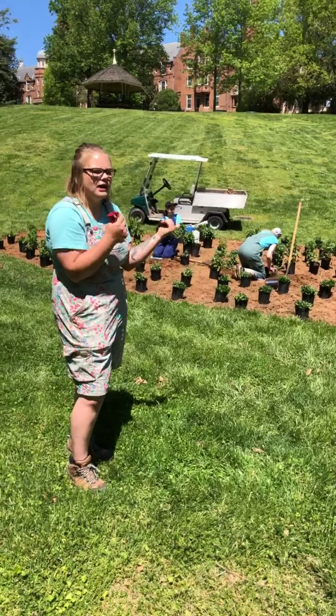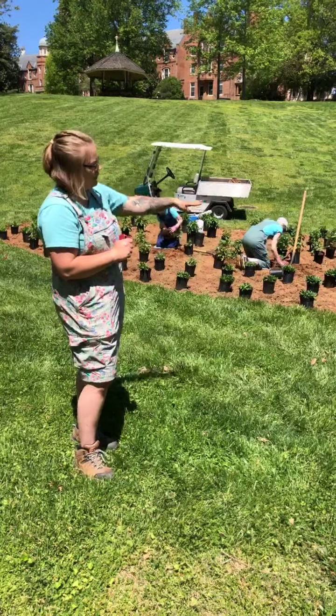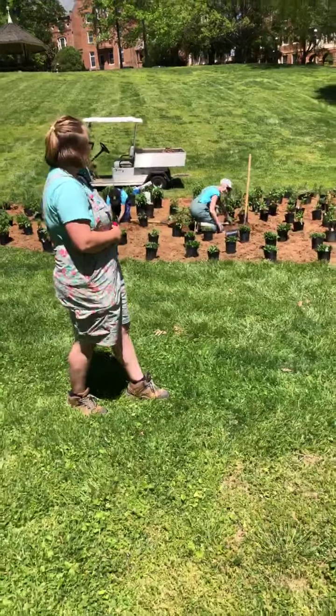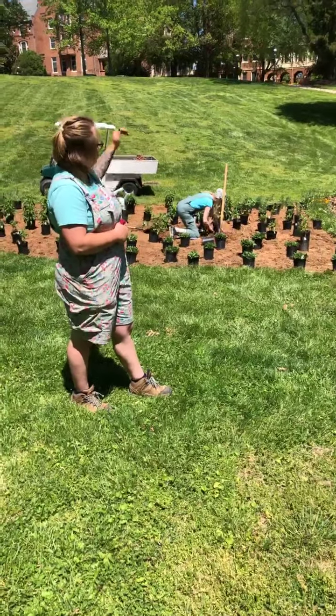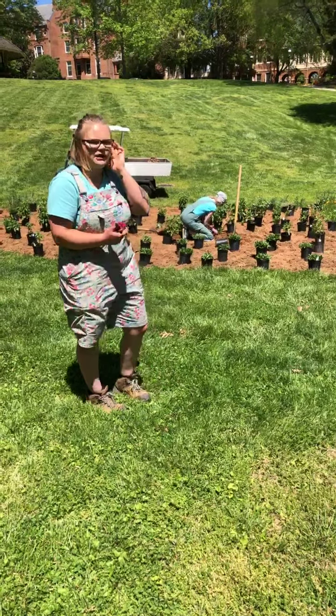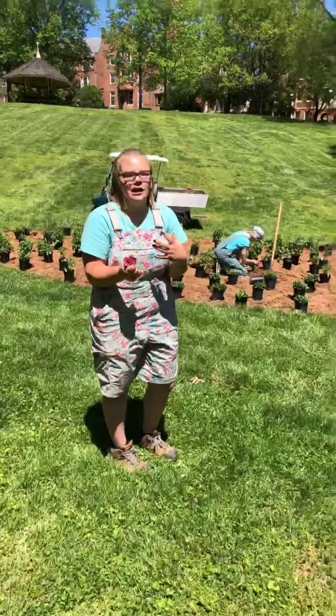They like to have their feet a little bit more wet, which will be good for this kind of middle spot. This New England aster also likes it a little bit more wet. Then on the other side we have some coneflower and some more yarrow. Coneflower echinacea, that one you can even find like at Home Depot, but